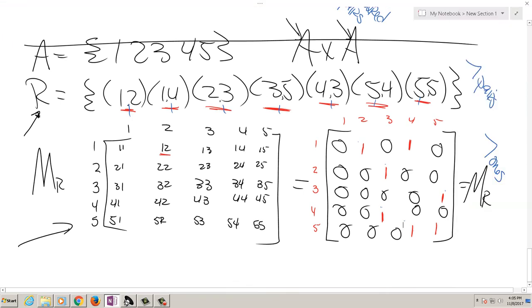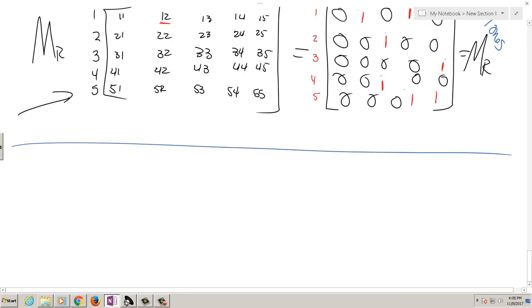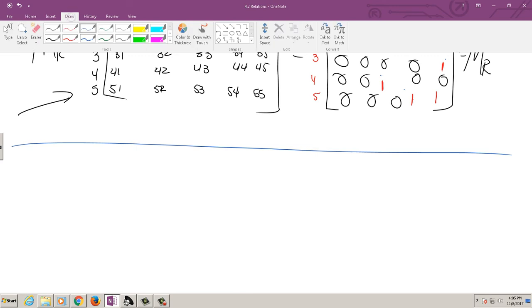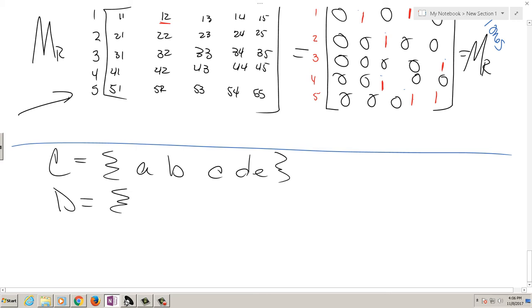This time we're going to do it again when I do the cross product of separate sets. Instead of a single matrix, let's do it as the cross product of two separate sets. I'm going to change up names. I've been using A a lot, so let's say C is a set of elements A, B, C, D, and E. And let's say that D is the set that contains the elements 1, 2, 3, 4, and 5. And let's say that when I do the cross product of C and D,